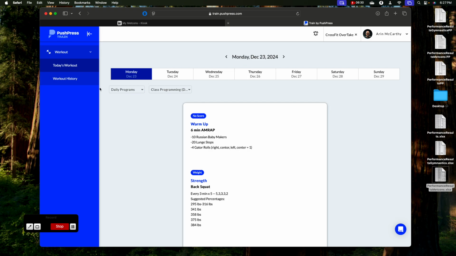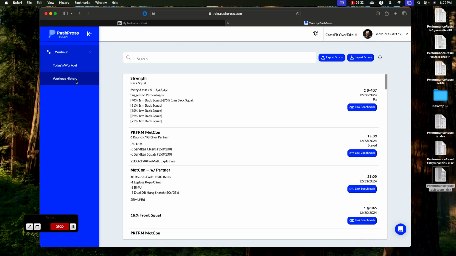This will pull up and we're going to go to Workout History. Workout History is where we import all of our information. Now today's workout, because we used PushPress, is already going to show up in there. So there may be some information in there if you've been to the gym this week. But I'm going to go to Import Scores,